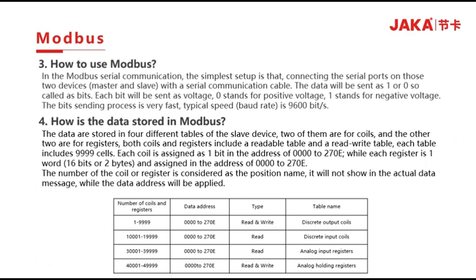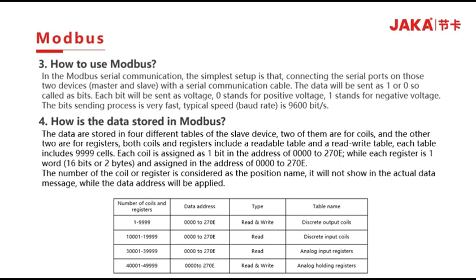How is the data stored in Modbus? The data are stored in 4 different tables of the slave device. 2 of them are for coils and the other 2 are for registers. Both coils and registers include a readable table and a read-write table. Each table includes